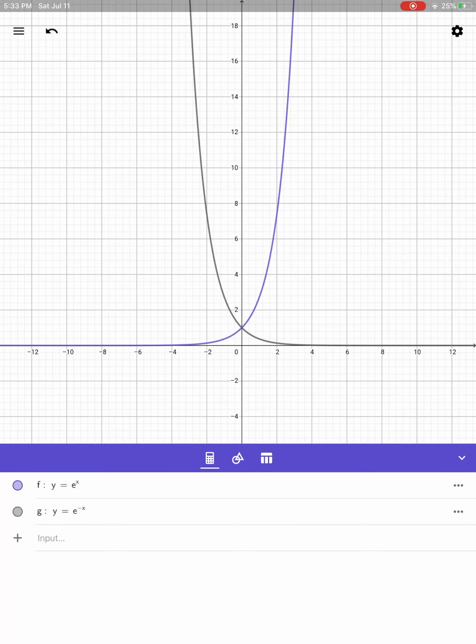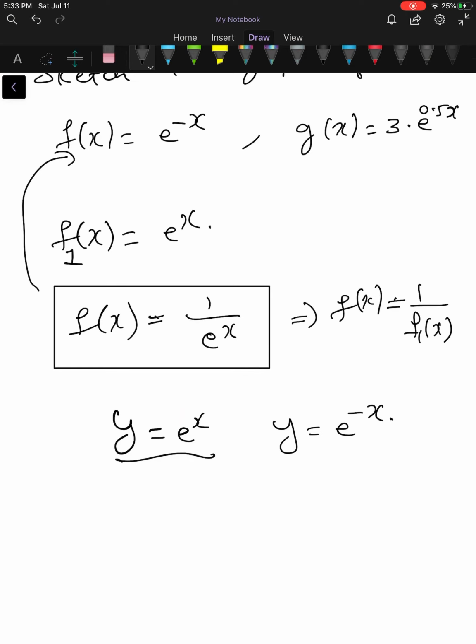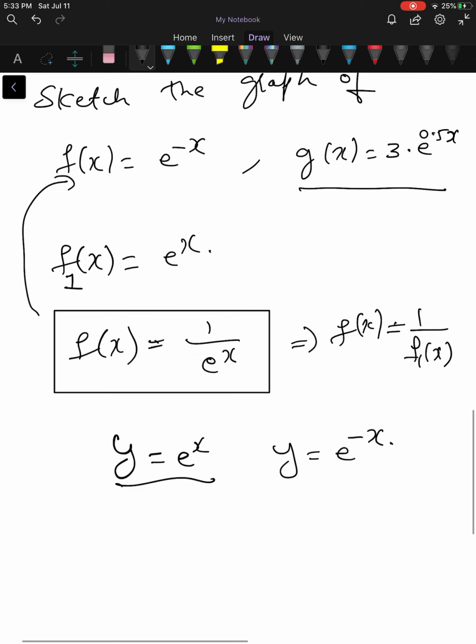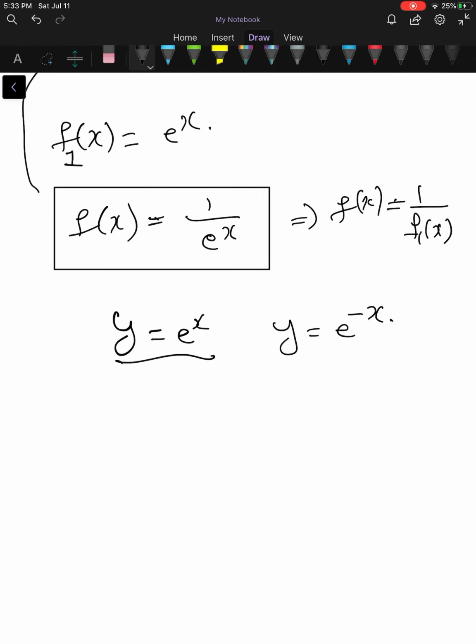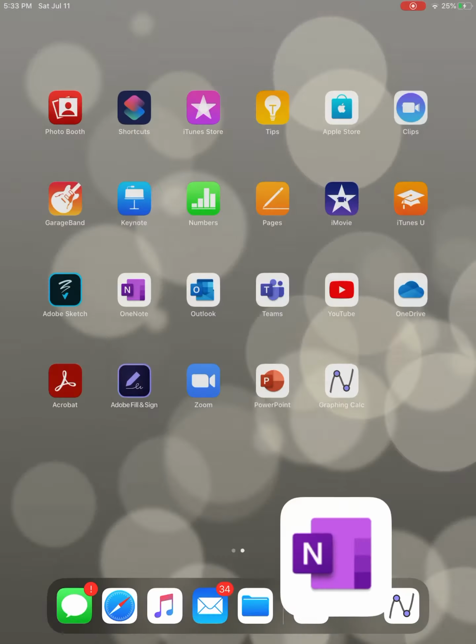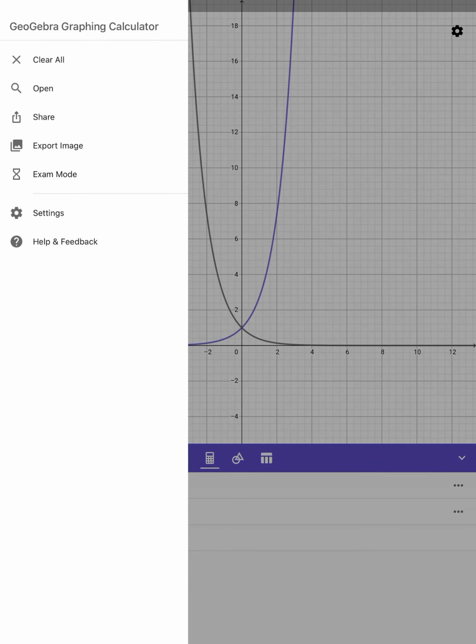Okay, so the other problem is plotting g of x is equal to 3 times e to the power of 0.5x. So we use points to plot that. You can plot this using arbitrary values. Choose values for x and f of x, and connect the points to get a smooth curve. After you do that, you will see that the domain of g is also R, and the range is 0 comma infinity, and y is equal to 0 is definitely the horizontal asymptote.